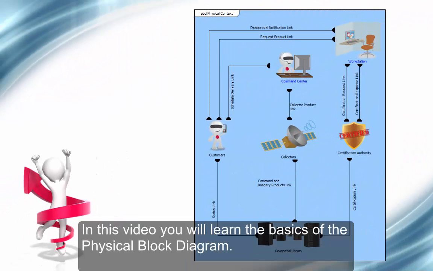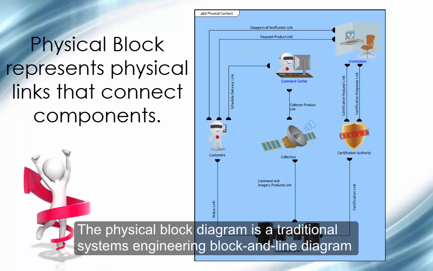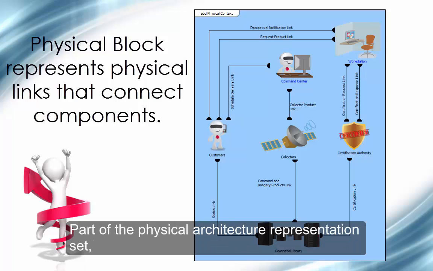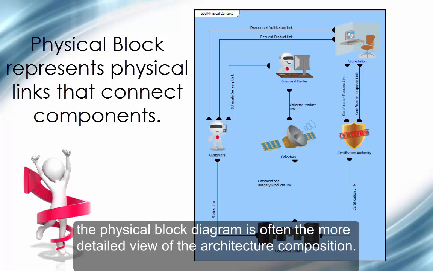In this video, you will learn the basics of the physical block diagram. The physical block diagram is a traditional systems engineering block and line diagram representing physical links that connect components within the system or system segment. Part of the physical architecture representation set, the physical block diagram is often the more detailed view of the architecture